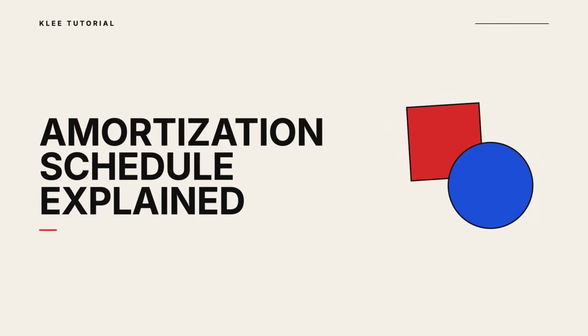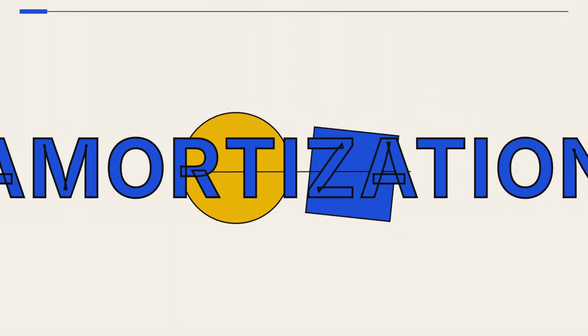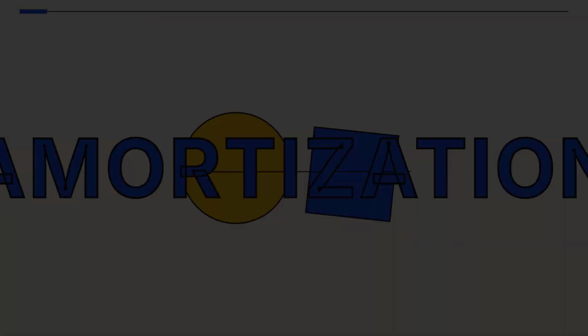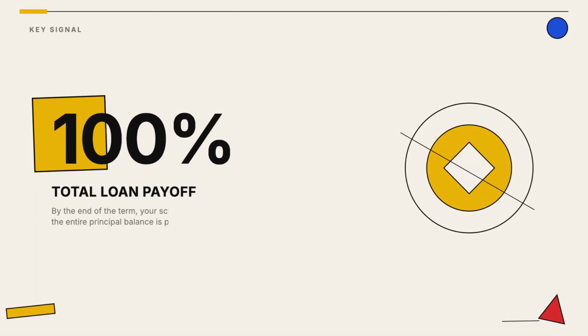Have you ever wondered how your monthly loan payment is split between interest and paying off your actual debt balance? Amortization is the process of spreading out a loan into a series of fixed payments over time. The goal of an amortization schedule is to ensure that your loan is fully paid off by the final scheduled